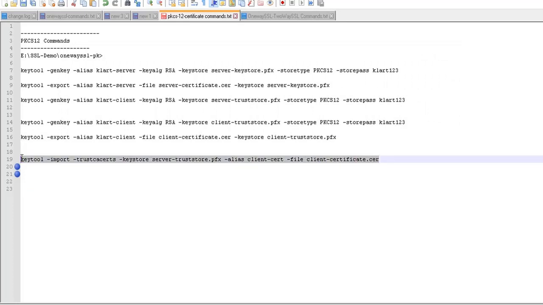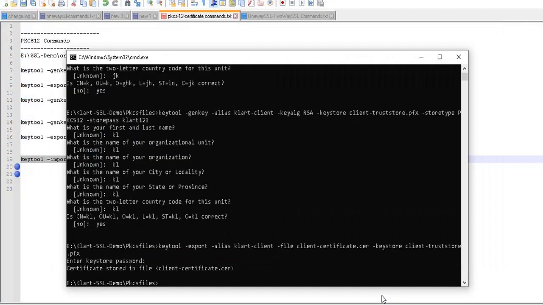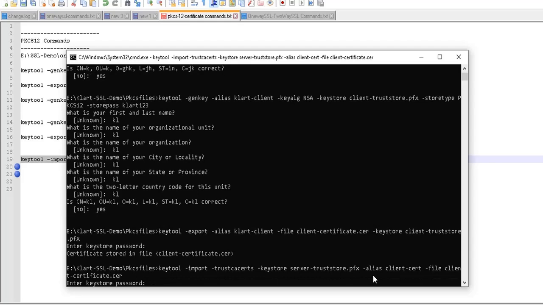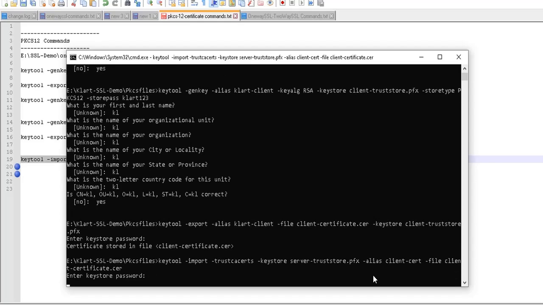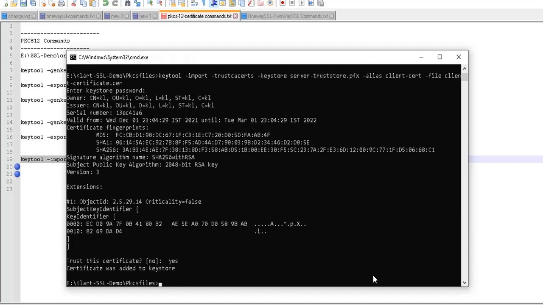Now you need to take another command where we are going to add the client certificate to the server trust store. Yes, now the certificate is getting added.